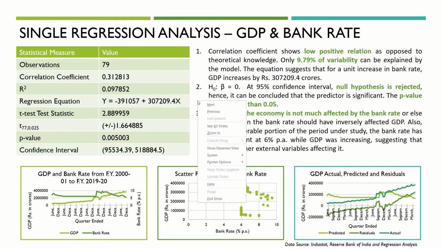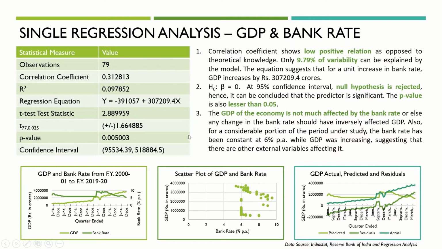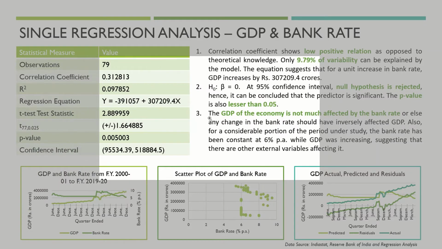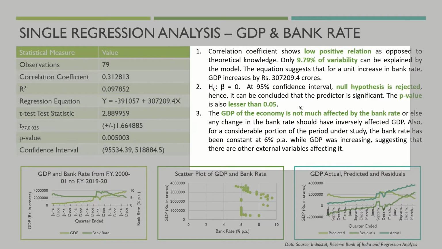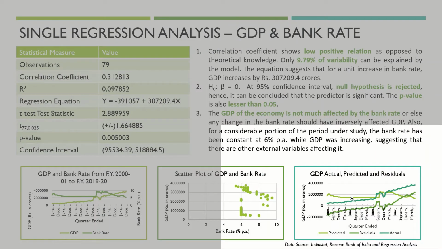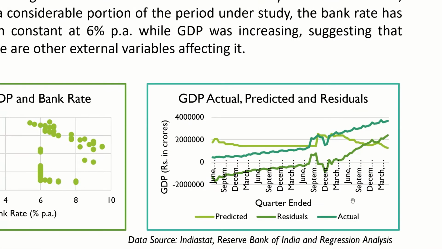You can either simply right click anywhere on the screen and get the option of zoom in, or you can go to the left bottom corner and you will see a magnifying glass option. You can click on it. By clicking on it, you get a highlighted rectangular shape which you can indicate at any portion of the screen. So say for example, I want to zoom into the last graph on my screen. I simply click on it and it appears as a larger graph on the screen.